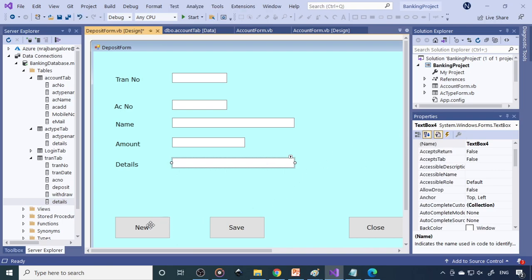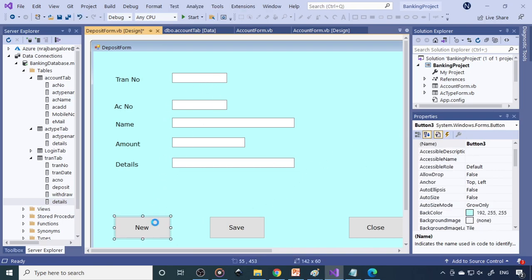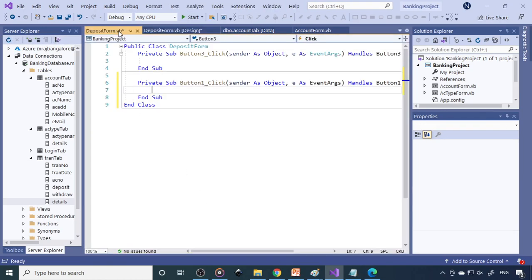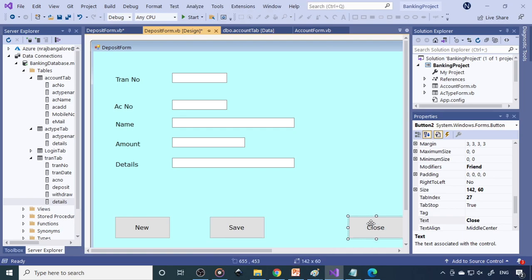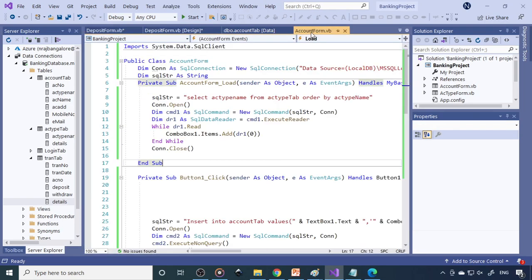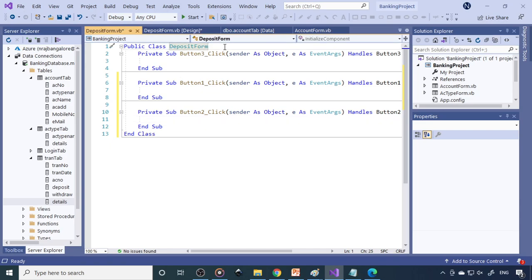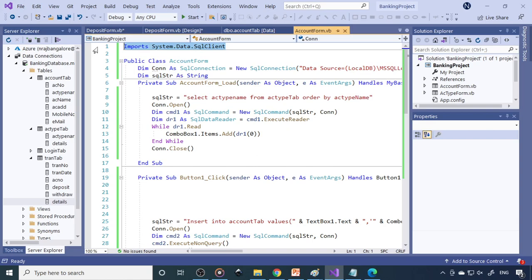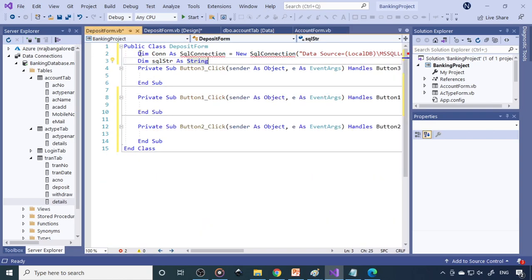So text box 4. Now let's click new. Okay, then save, close. Now whatever is already written here, we can always copy and then paste it here. So this is the connection string. Copy the import statement.